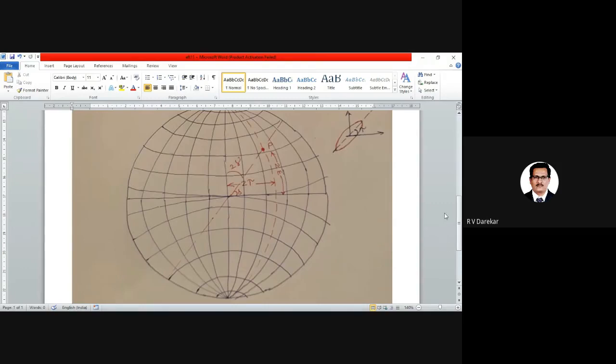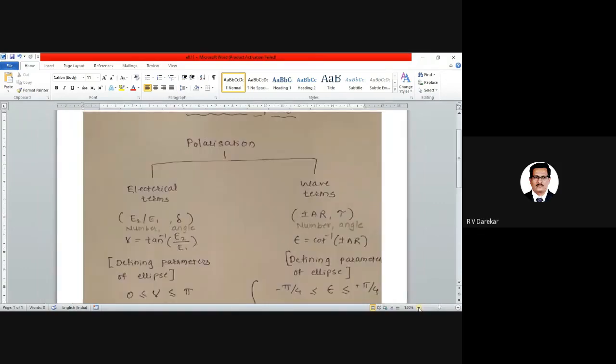Okay, so here what we are assuming is we are considering a general electromagnetic wave which is having electric field which is defined by component E1 and another component E2. The angle of the electric component is described by delta. If we'll find the tan inverse of E2 by E1, the angle here is defined as gamma, which are the